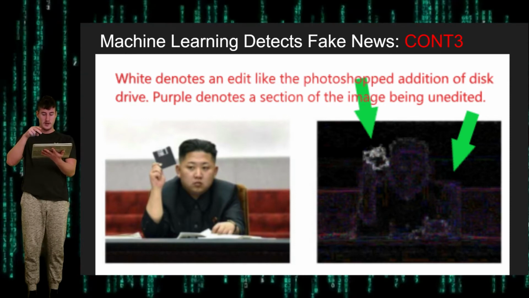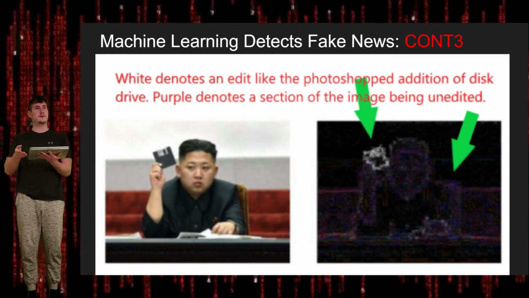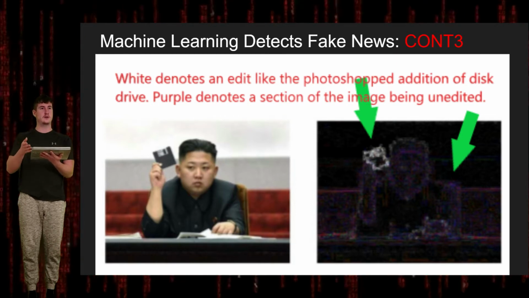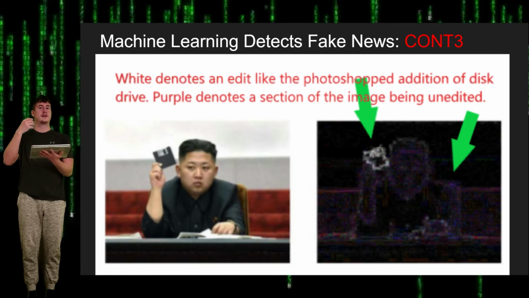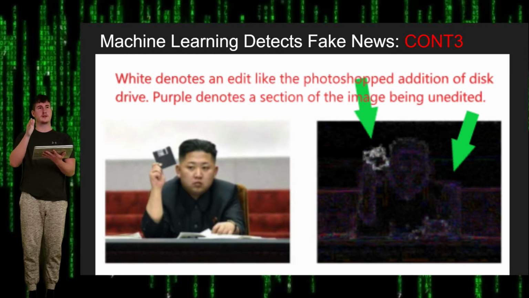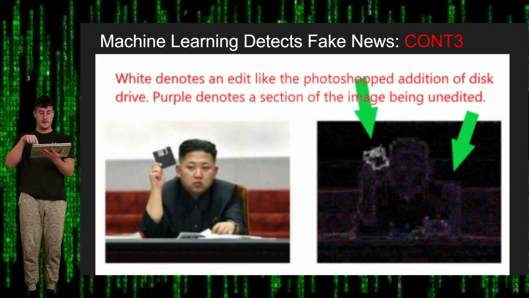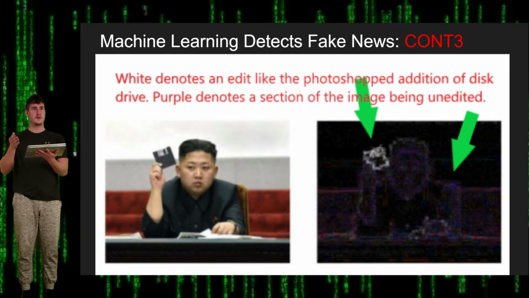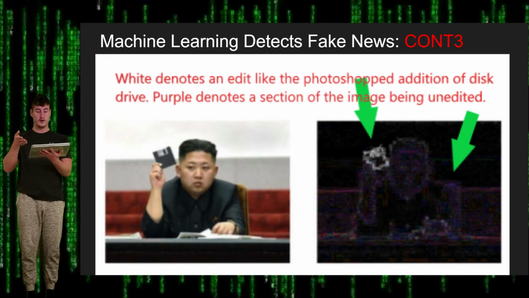But the disk drive in his hand shows up white, which means that the photo has some components of layering in it, which means that the machine learning algorithm is flagging that pixel and its surrounding neighbors as having a likely precedence of being edited or photoshopped in this picture. And I think this is a really interesting and neat picture because it really shows off the power and the precision of the machine learning algorithm.